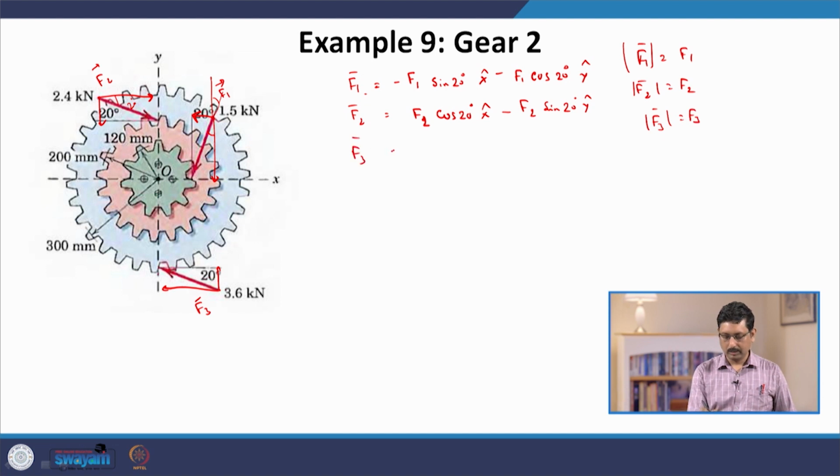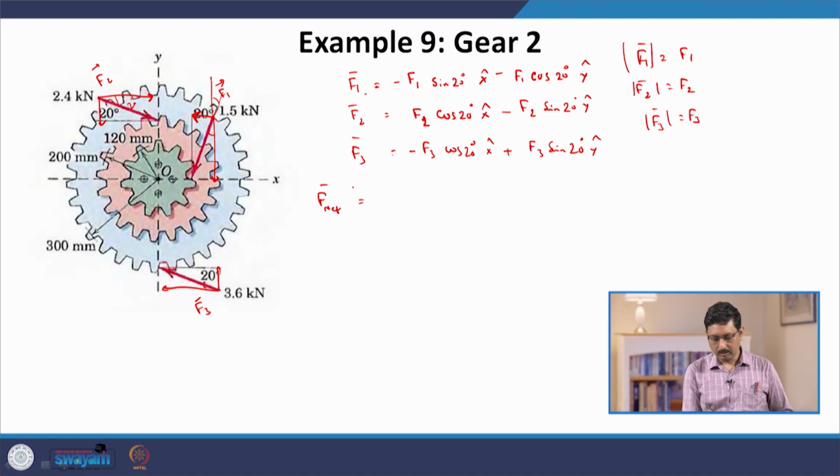And F3 is minus F3. So, this is again F3 cos 20 degree x hat plus F3 sin 20 degree y hat. So, the resultant is just a vector addition. So, the x component, let us call that x, will be given by minus 1.5 kilonewton times sin 20 degree